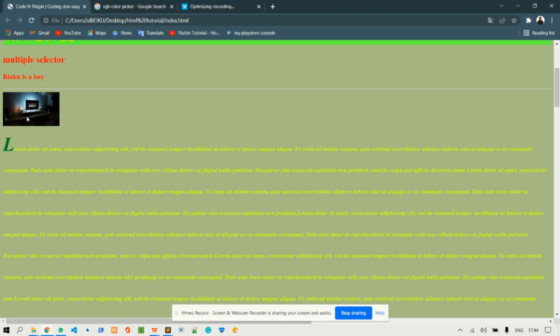The reason why it is not responding to the command we gave inside our CSS code is that it is an inline level element, and it is not possible to centralize an inline level element. So what I will do now is convert this image back to a block level element. So I will come back here and say